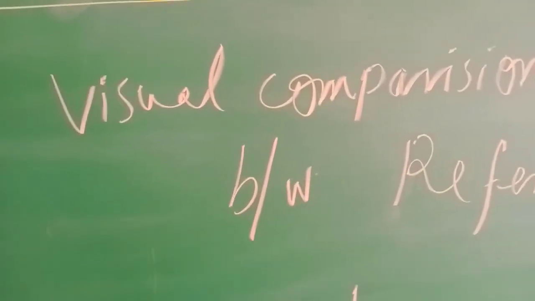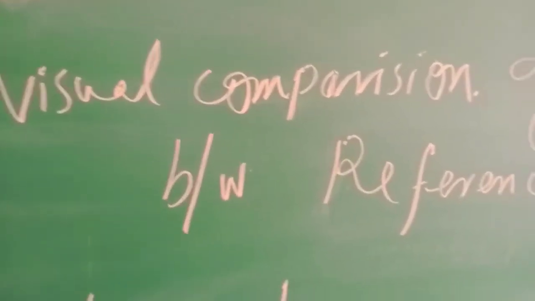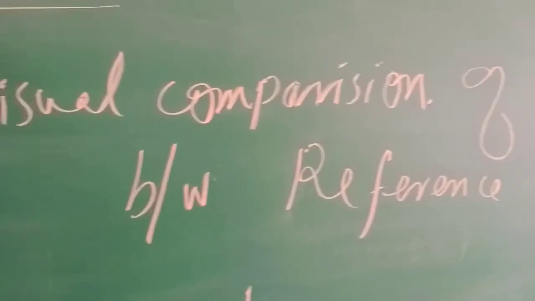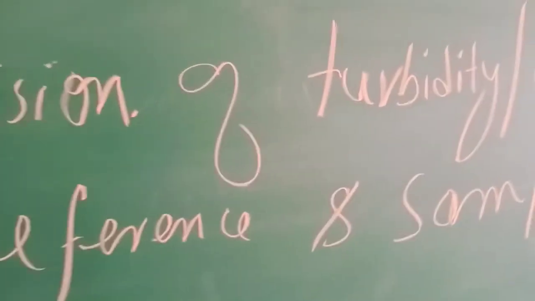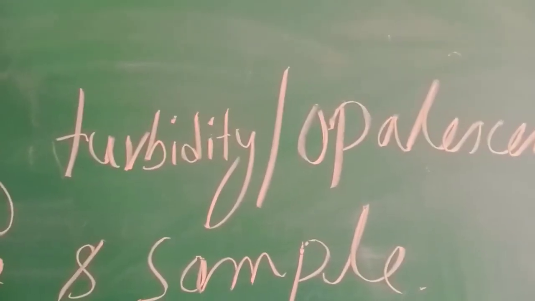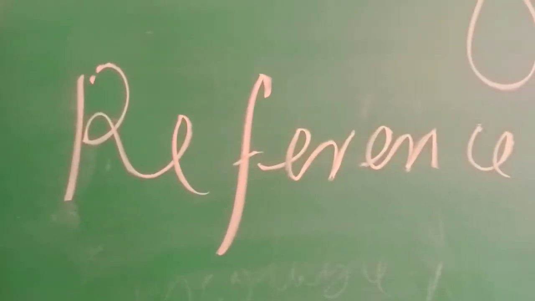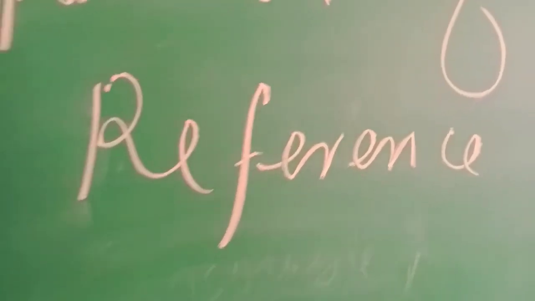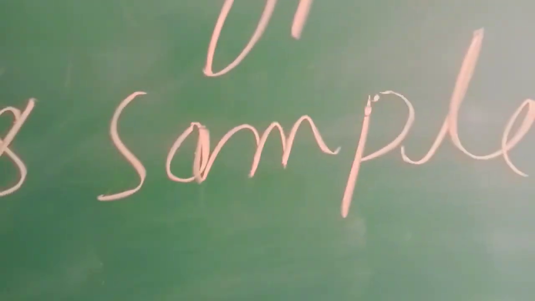So this confirmation is done with the help of eyes, as the chloride which is present in the sample is first converted into insoluble form, and once the soluble chloride is converted into an insoluble form, it causes appearance of turbidity or opalescence, and the turbidity or opalescence so produced by the sample is then compared with the reference, and if the opalescence or turbidity of sample is equal to the reference opalescence,